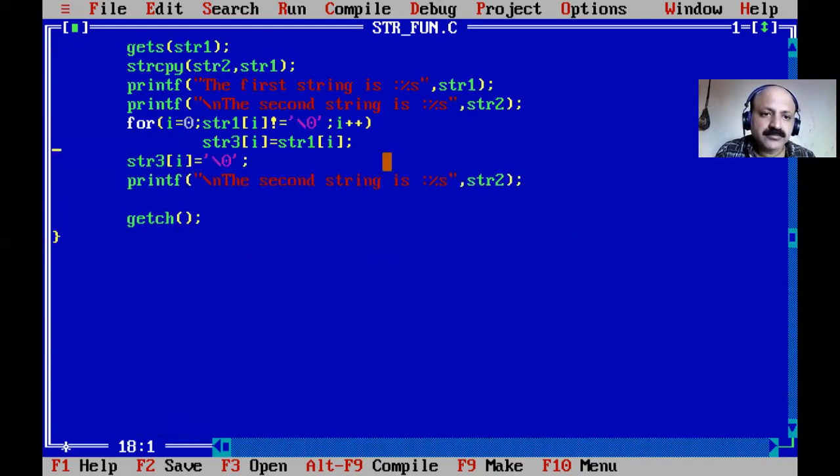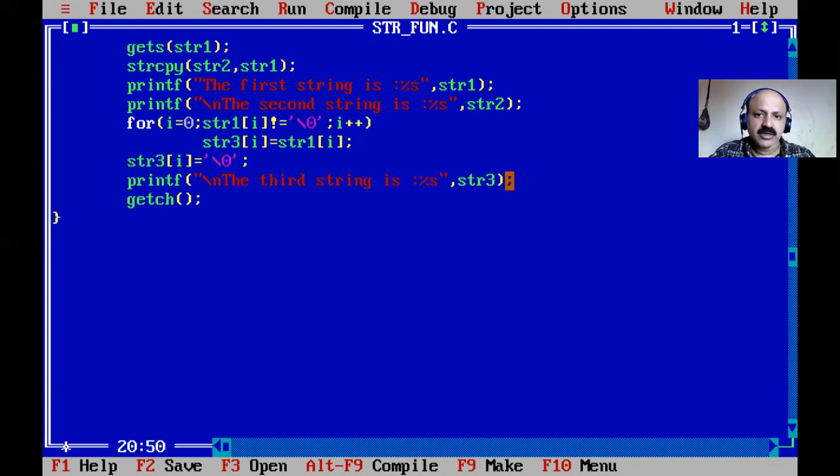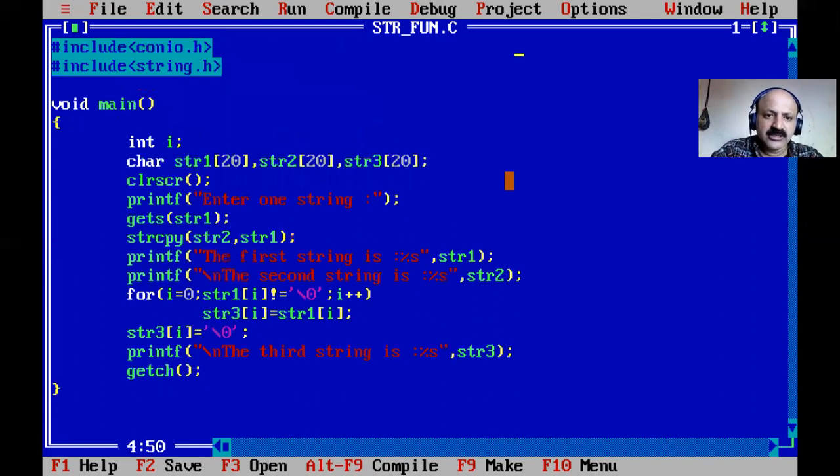So what happened? Here str1 of I is not equal to null, with I equal to 0. That is a 1D array, and the index starts with 0. With I plus plus, one letter by one letter is copied, up to not equal to null. As long as that condition is true, all are copied from the source to the destination, and then we print our third string. That is defining our own logic. So here all functions we have to define with our own logic. We do not need the string handling functions, but using them directly is also a benefit.